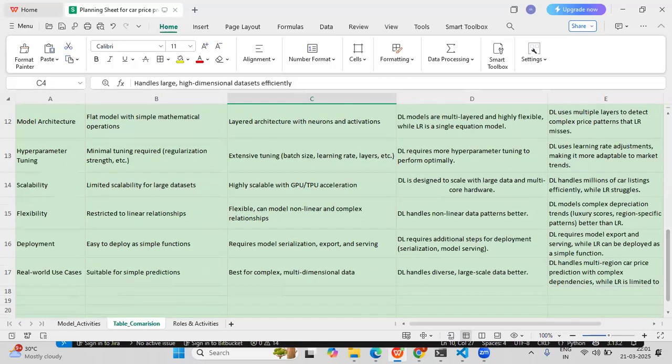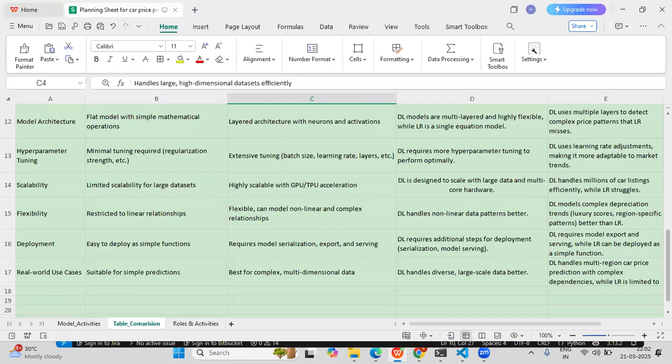And when it comes to the deployment category, it is very easy to deploy a simple linear regression model. But when it comes to TensorFlow, it requires model serialization, exporting and serving the model, so it requires some effort to deploy the model into any cloud or migration activity.